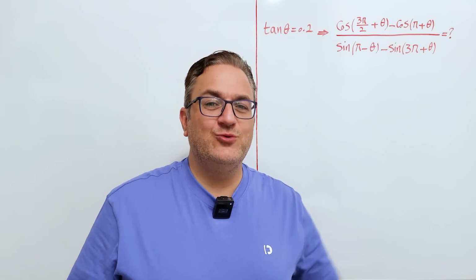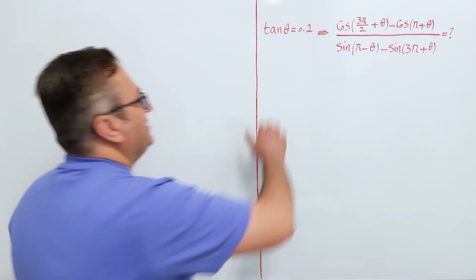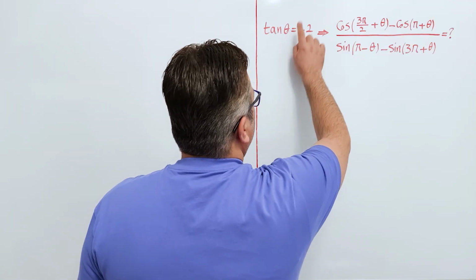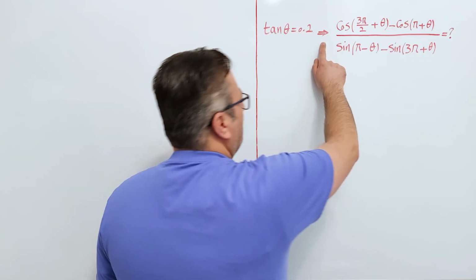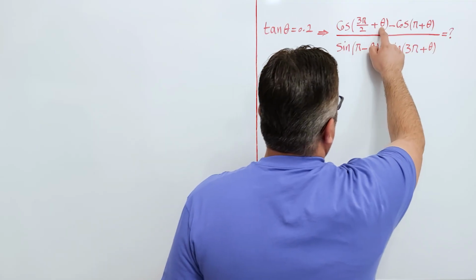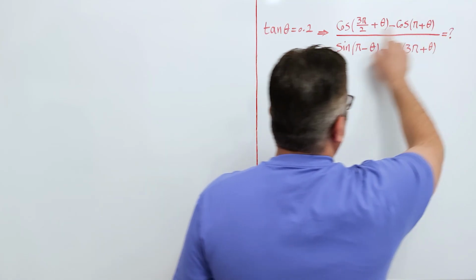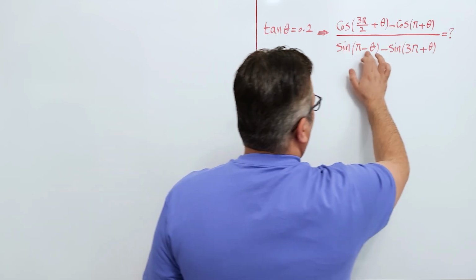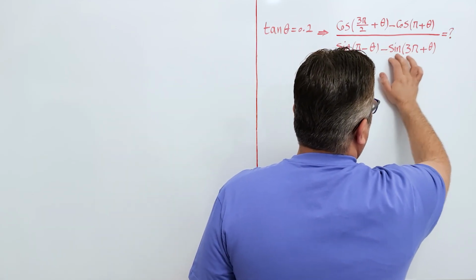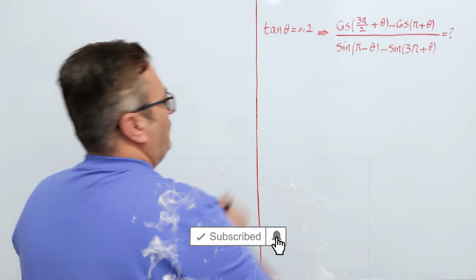Let's move on to two more important examples. If tangent theta is equal to 0.2, what is the value of cosine of 3 pi over 2 plus theta minus cosine of pi plus theta divided by sine of pi minus theta minus sine of 3 pi plus theta? Okay, we know that